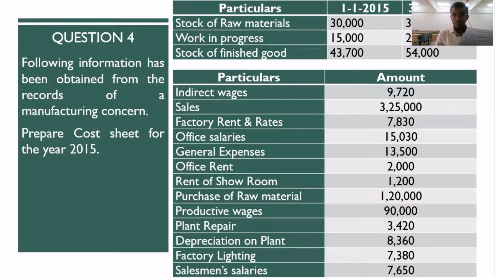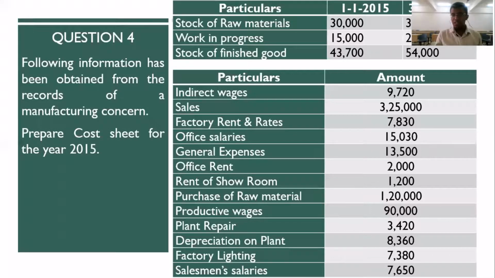Now we've been given raw material, work in progress, finished goods. Raw material refers to the inventory of your inputs, the material that is consumed as a part of your production. Work in progress signifies a portion of your raw material that you've already started processing. It is not complete as yet. It is semi-finished in nature. Finished goods have undergone the complete process and are waiting to be sold.